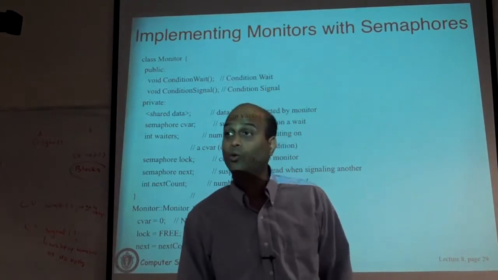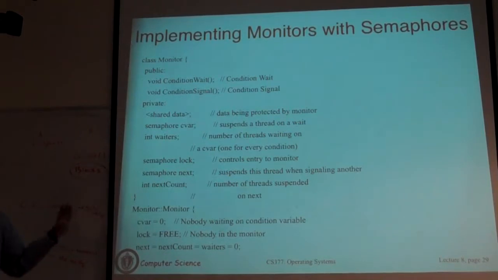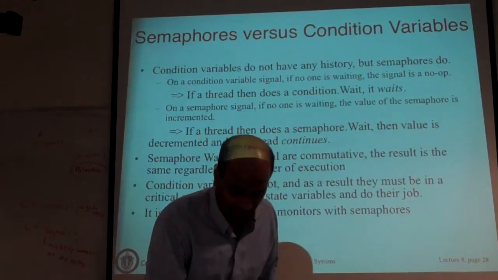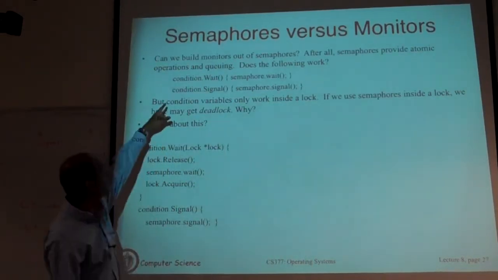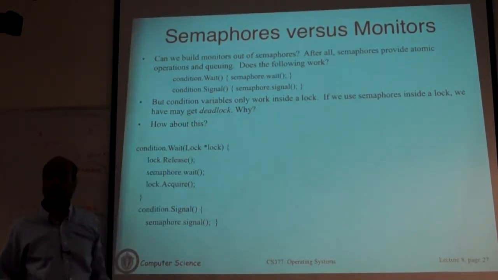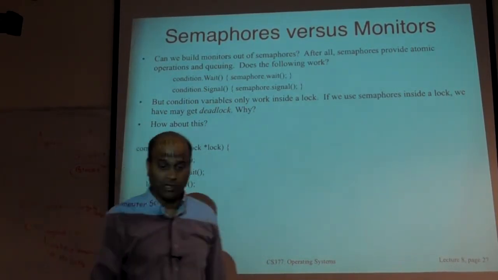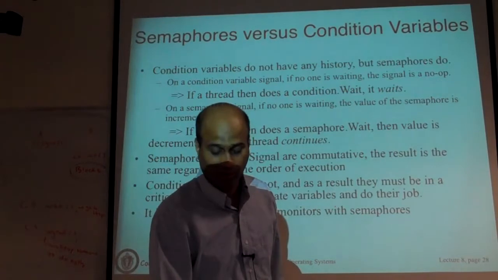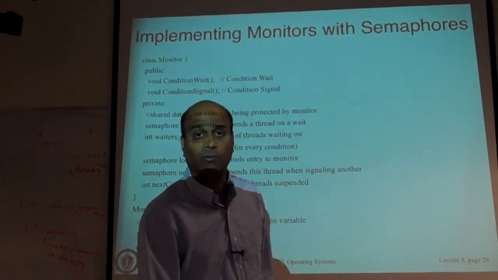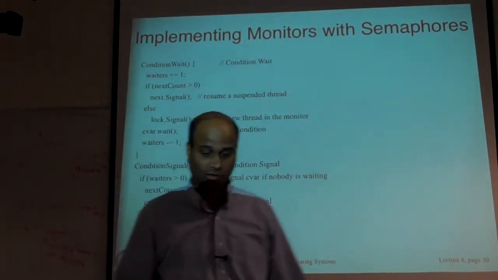Okay. So there is an exercise which shows you how to actually implement monitors with semaphores, which I am not going to go through here. I just want you to go and, as an exercise, understand it. The only thing I will point out is the implementation is not that. You can't say this is basically blind replacement and saying the two are identical. I just showed you that the two are not. Okay, they behave differently. So you can't get the same behavior, but you can actually implement one given another. So you can take semaphores and write monitors, and it is a little bit of work to do. I'm going to leave that as homework.